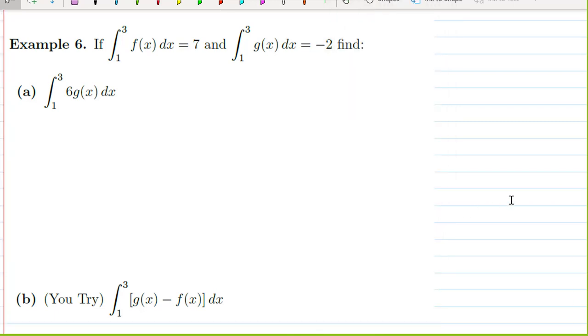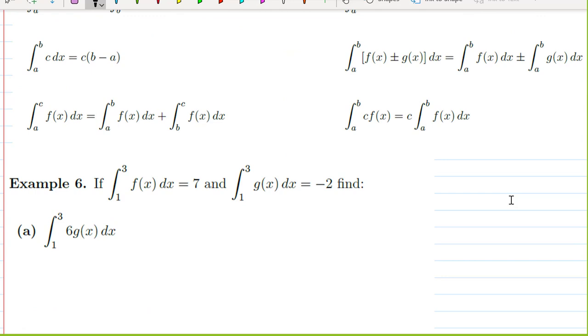All right, if the integral from 1 to 3 of f of x dx equals 7, and the integral from 1 to 3 of g of x dx equals negative 2, we want to find the integral from 1 to 3 of 6 g of x. So by our properties of integrals right here, our last one says if we have a constant times a function, this is the same as 6 times the integral from 1 to 3 of g of x dx. So that's 6 times the integral from 1 to 3 of g of x dx,